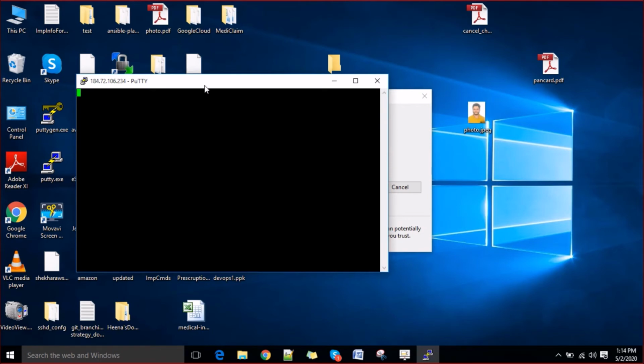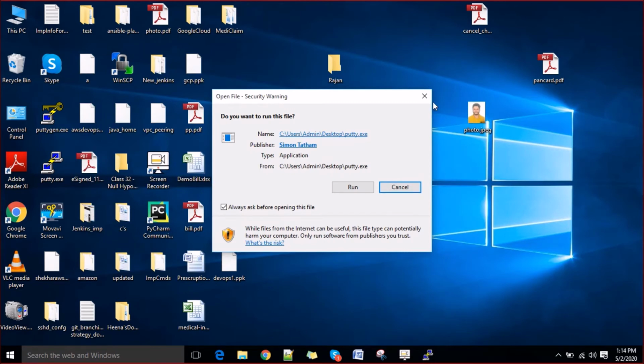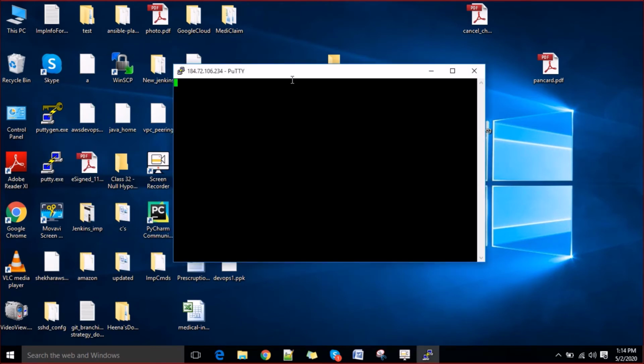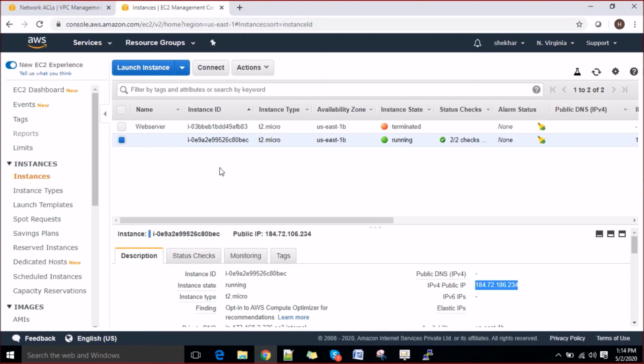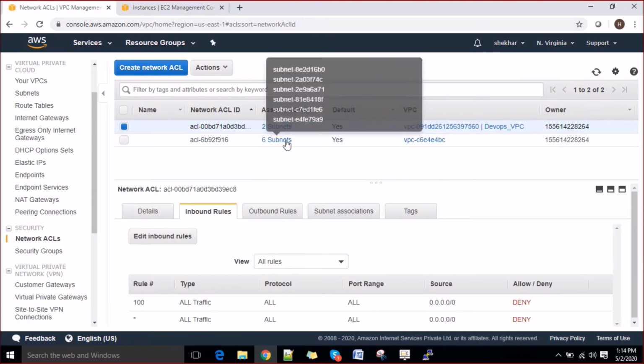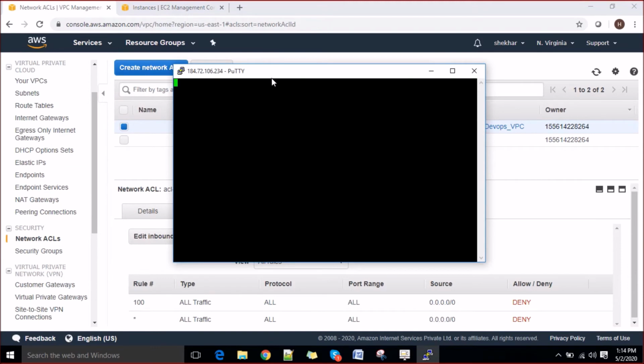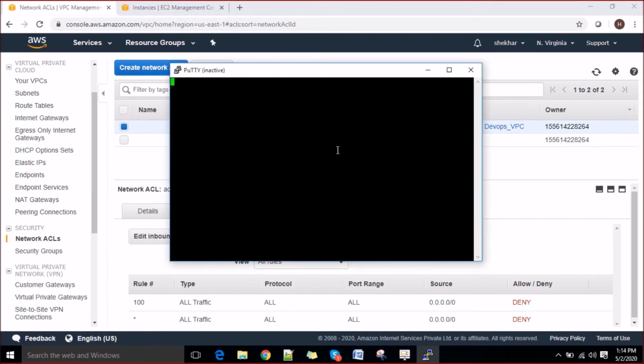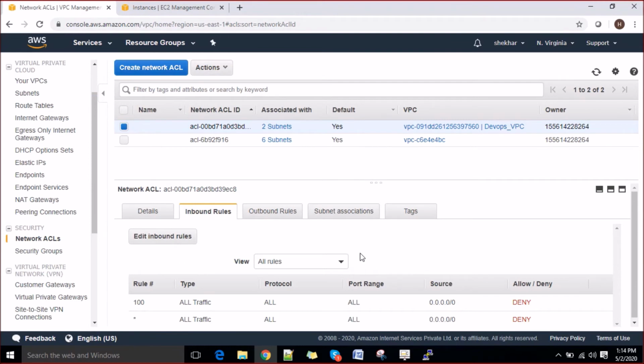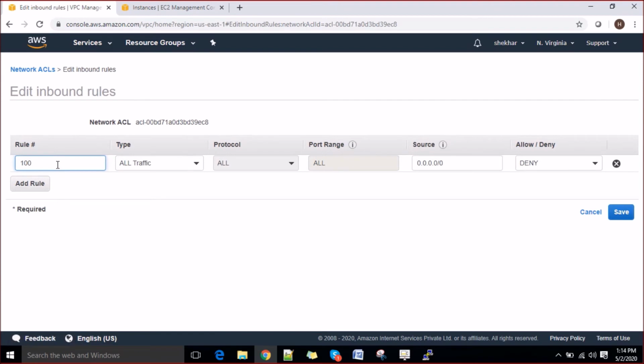So now at this moment you see I am not able to access this instance because I have denied everything. My current rule says whatever traffic is associated with these two subnets will not be able to enter. So at the first level my traffic is dropped, right? Now I have another option, so I can add some rules. Remember, the rule number 100 will take the highest precedence, right? There's a game of rule order right here, so you'll have to be more cautious about it.